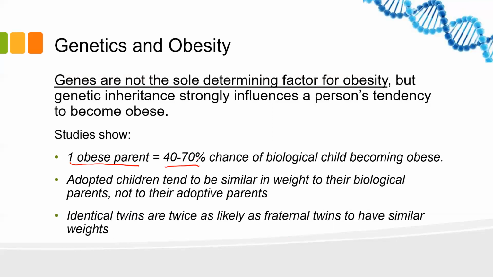And it's not 100%. But if you take a look at this second note, there are studies that looked at adopted children. You can see this note here. I couldn't find a percentage without spending a bit of time diving into the literature. But generally, adopted children, in terms of their body weight, tend to be a little more like their biological parents and less like their adoptive parents. That shows there is a good chunk of genetic inheritance that can help you out, or work to your disadvantage, I suppose.